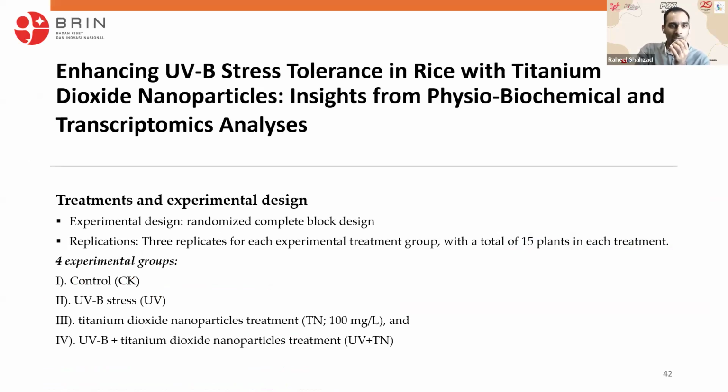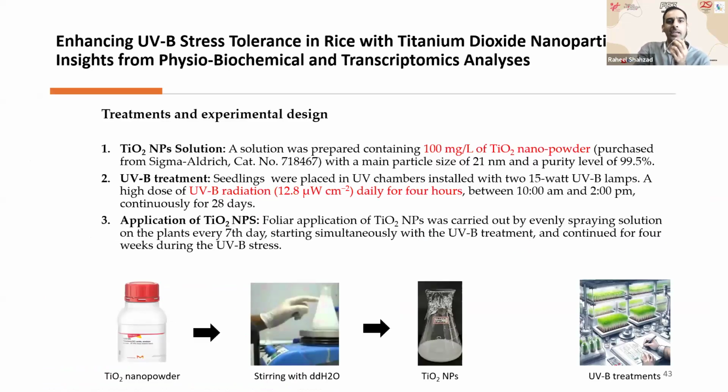So we have done a very basic experimentation, and our focus was to check the transcriptomic changes, so at the level of genes, what difference they make. So our focus was that one. We utilized the titanium NPs at 100 mg per liter. And on the other hand, we prepared the samples and treated them with UVB, and then we also